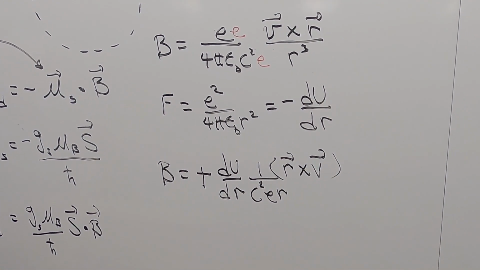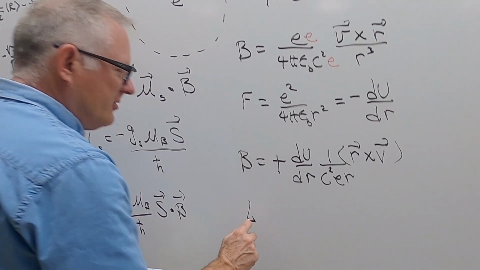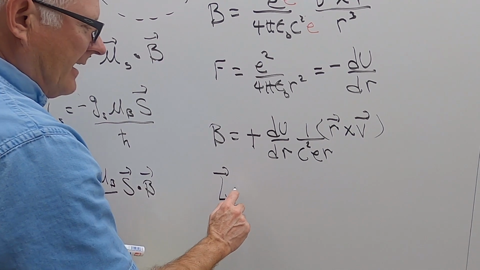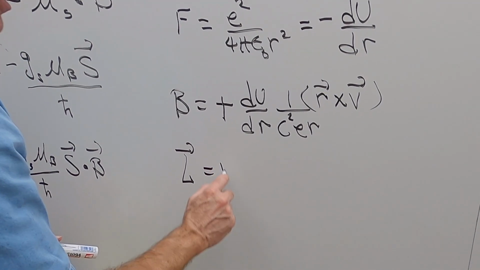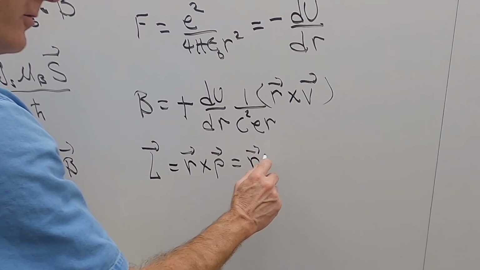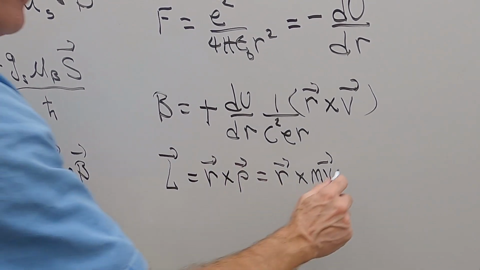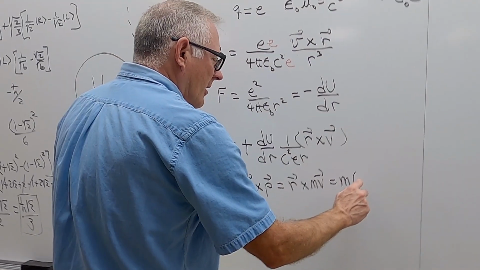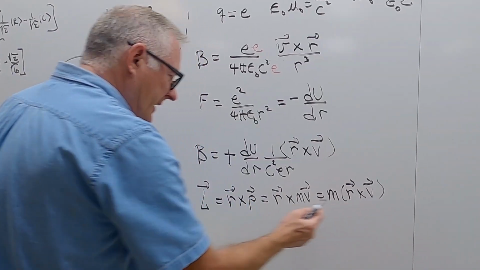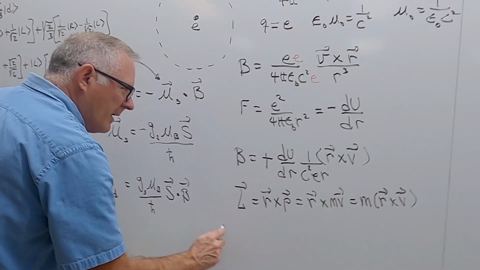Okay, so there's the B so far due to that. And then we also know the definition of angular momentum. We like to put everything in terms of angular momentum because it's something we can measure. L is equal to, the definition is r cross p, which is r cross mv. Or I can pull the m out in front, that's just m times r cross v. So r cross v is just L divided by m. So I'm going to replace this with L over m. So we get